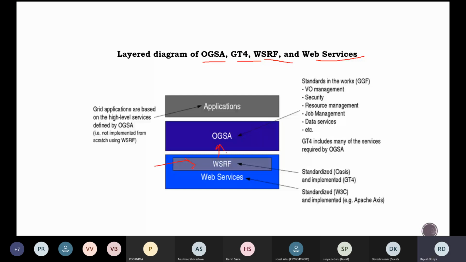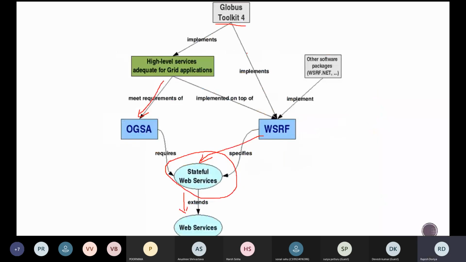The Open Grid Services Architecture provides this many functionalities, and once we have them, we can talk about the grid applications, the high level grid services or applications. These applications are basically developed by GT4. So this is the layered hierarchy of this diagram.